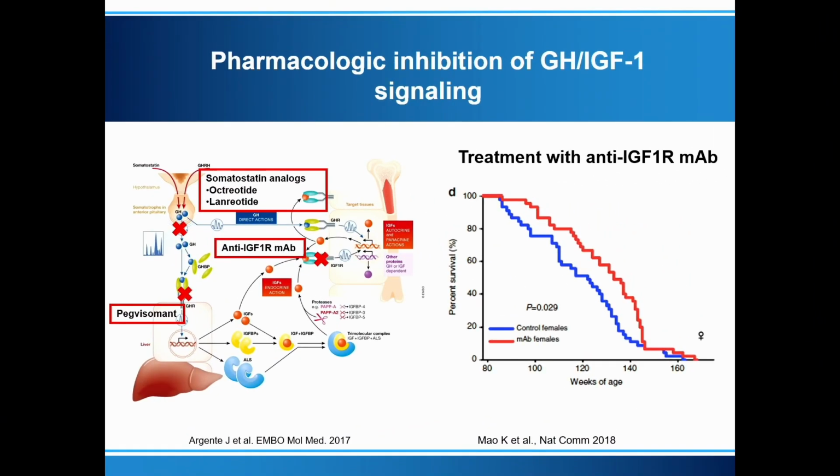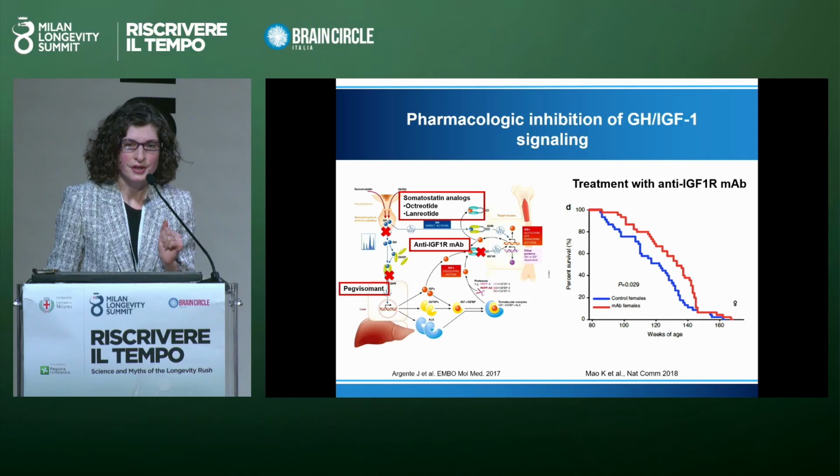So here I'm going to show you this complex figure, but what its goal is really to show you, these are the pathway of growth hormone. This is how it works. But that's not really why I'm showing it to you. I'm showing you that we have medications already used for other diseases that can block the growth hormone pathway at different areas. Some of these are already used for a disease where people make too much growth hormone, called acromegaly. Others are used for other conditions.